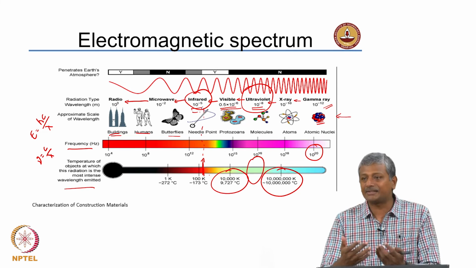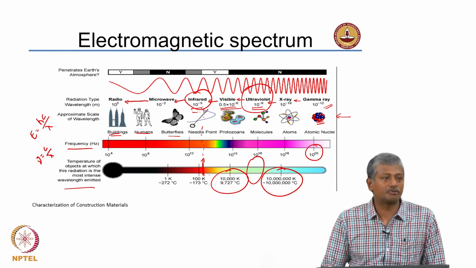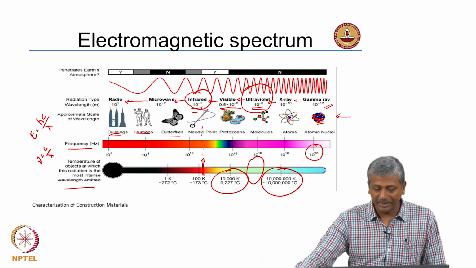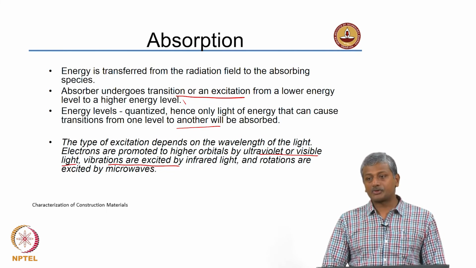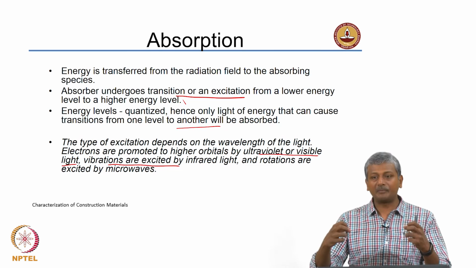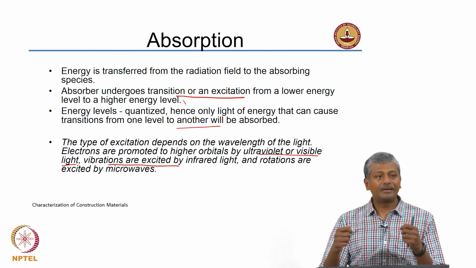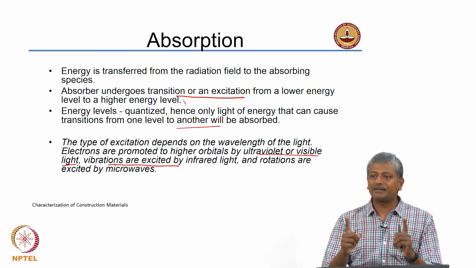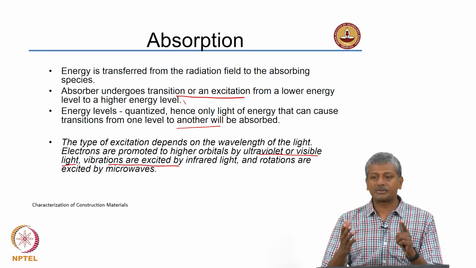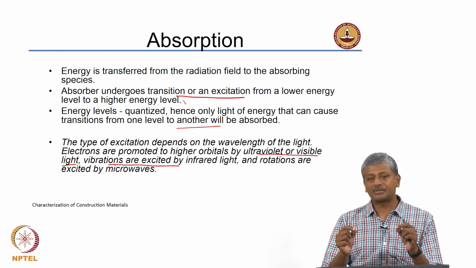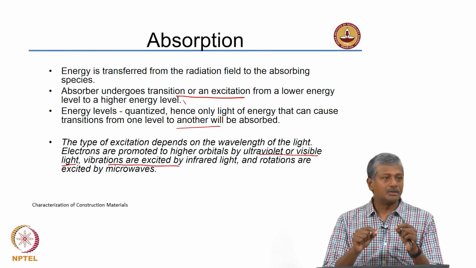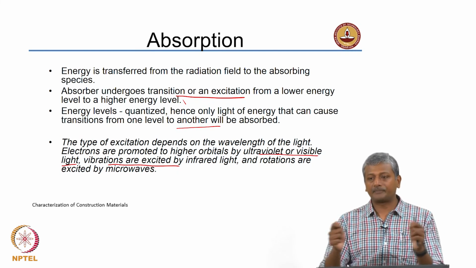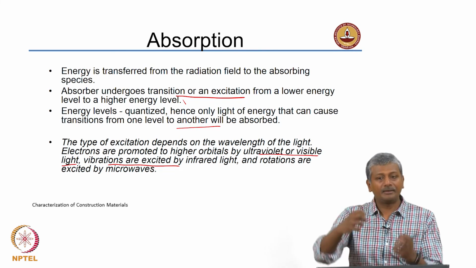So, it cannot excite electrons to go into higher orbitals. It is not possible for infrared to do that. However, it can generate vibrations, because you have bonds, right. You have bonds between elements in a material, and these bonds are basically at a certain equilibrium length. If you remember your structure of materials before, essentially these bonds are at an equilibrium length, which is the lowest energy configuration. Now, when you supply infrared, these bonds can start vibrating, stretching, bending or rotating.